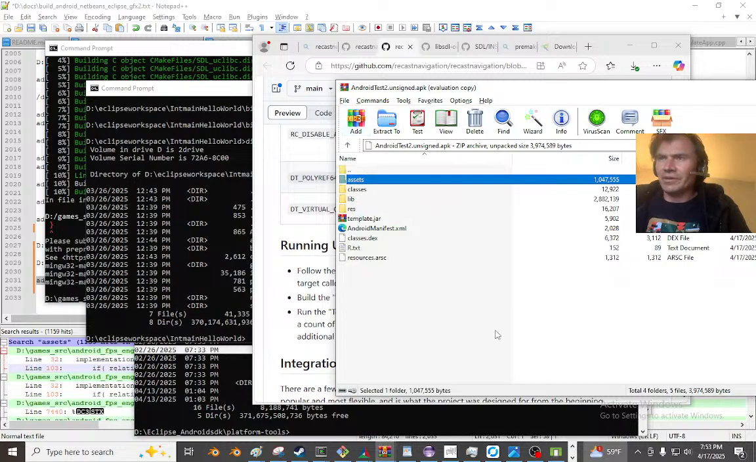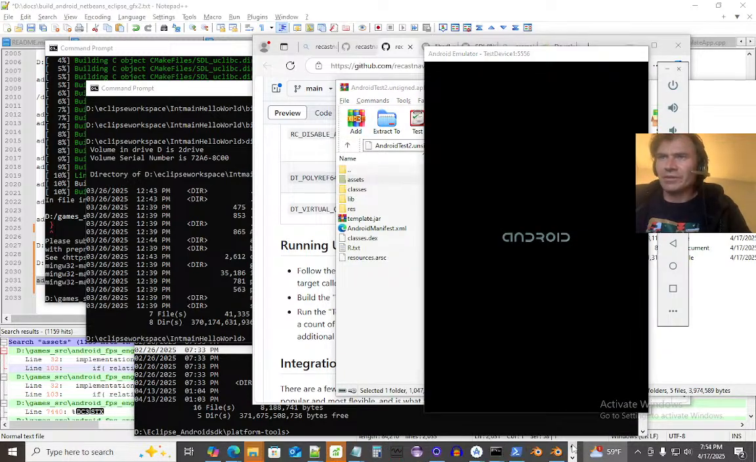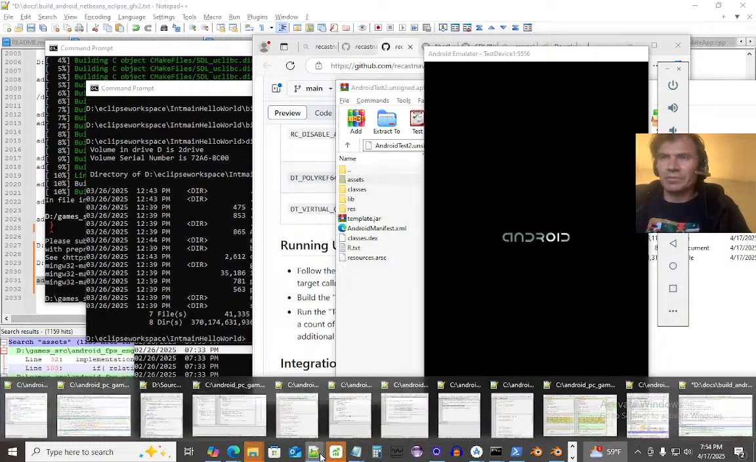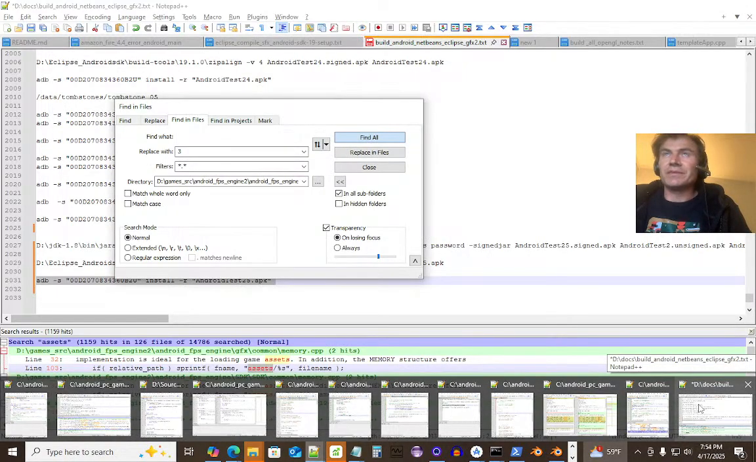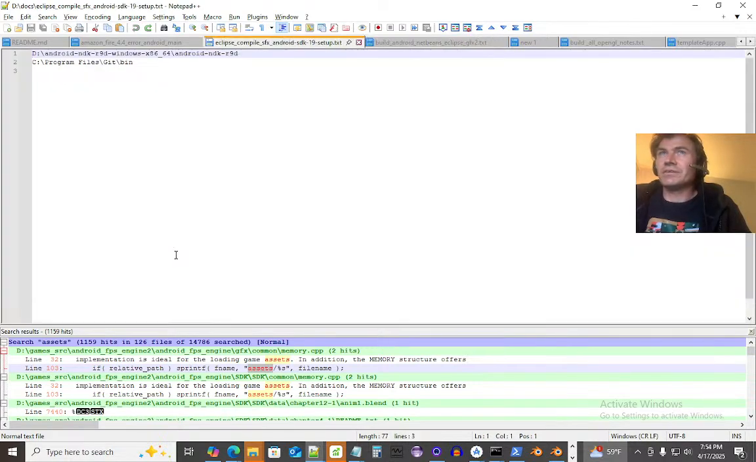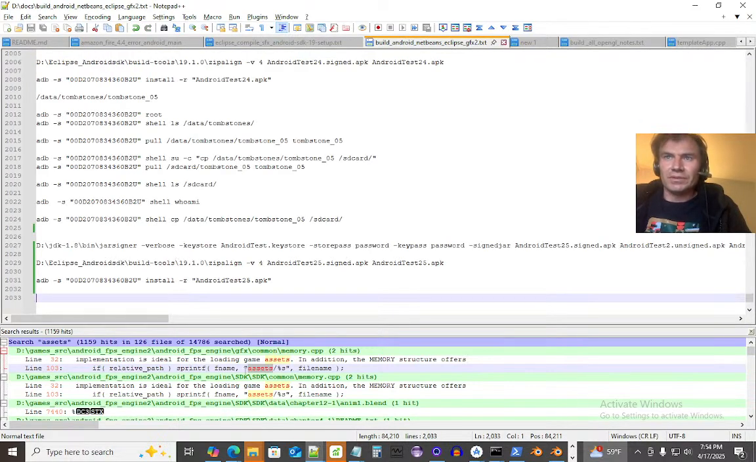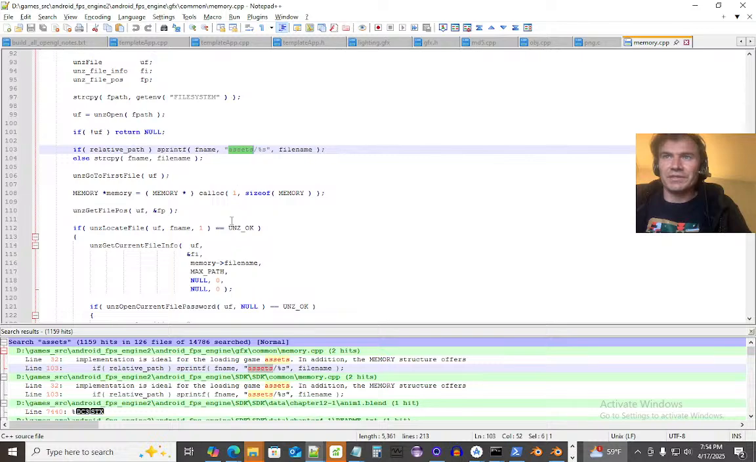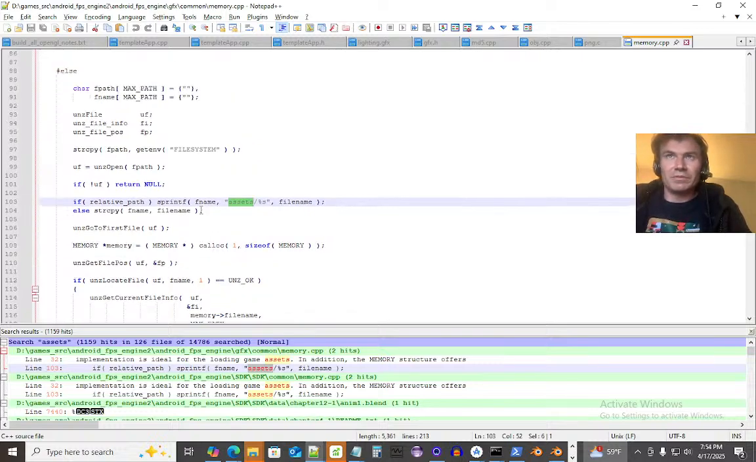Now, how I knew it was going to be this folder, how I confirmed it, was I went into Notepad++ and did a long search. And mopen, which is open into memory, please. That's GFX's engine's way of saying, where is it? It's right here, I think. Memory.cpp in GFX common memory.cpp